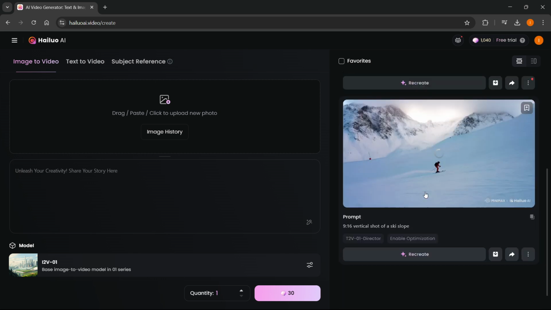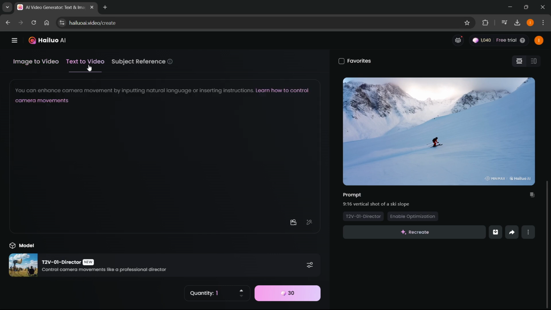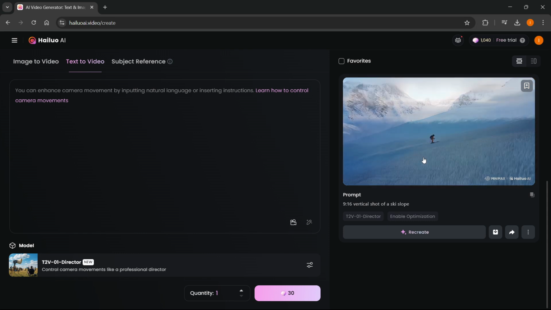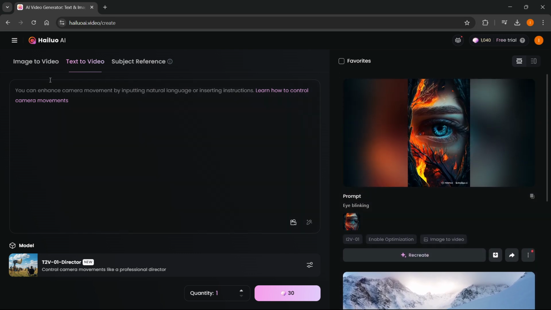get this done. So the first thing I tried is actually just put in a prompt over here where it says text to video, and I typed in 9x16 vertical shot of a ski slope. However, as you can see, this shot is by no means 9x16, so this is not the one we're looking for. So I found out that the best way to actually create 9x16 videos is by actually doing image to